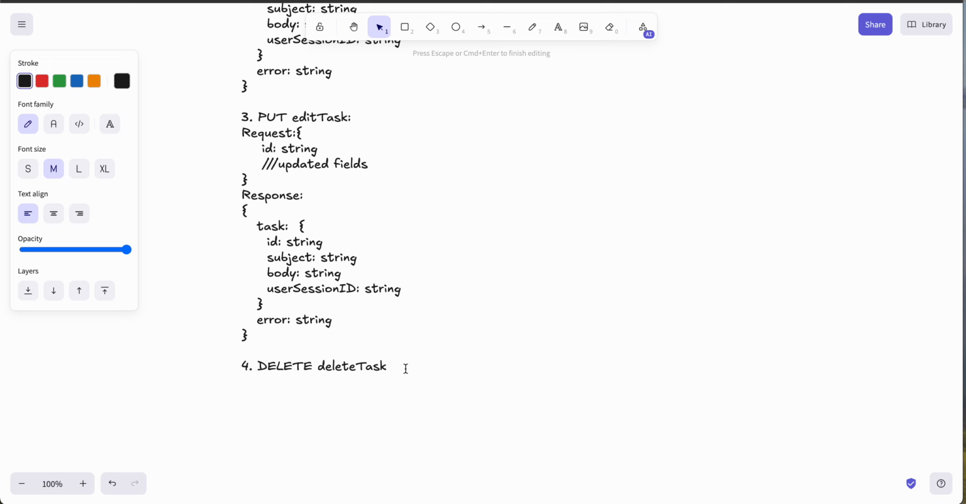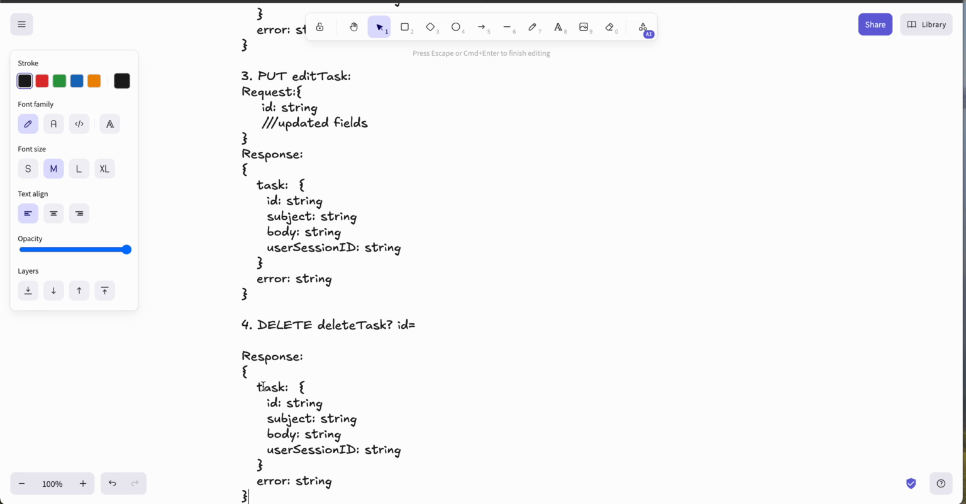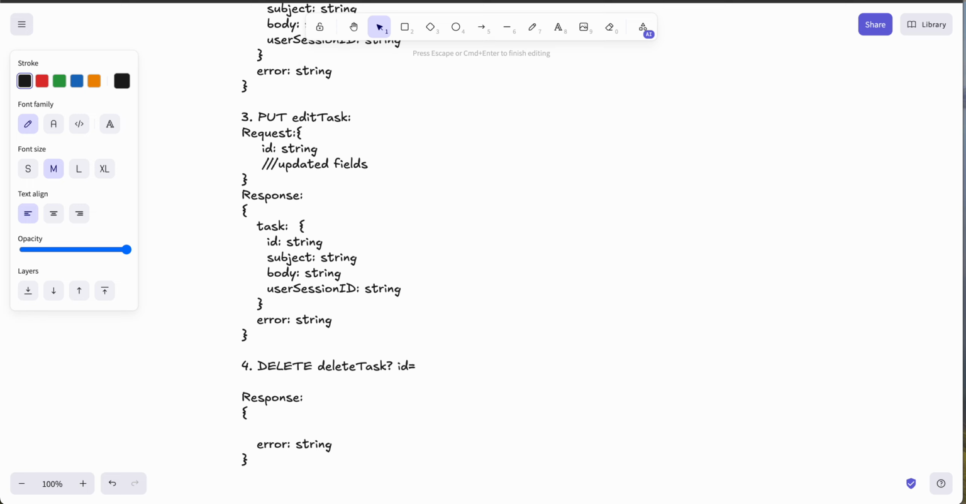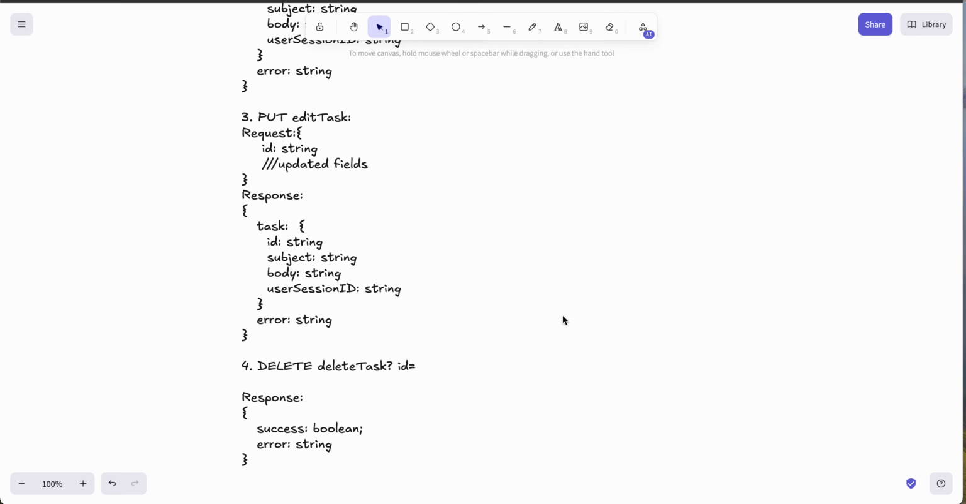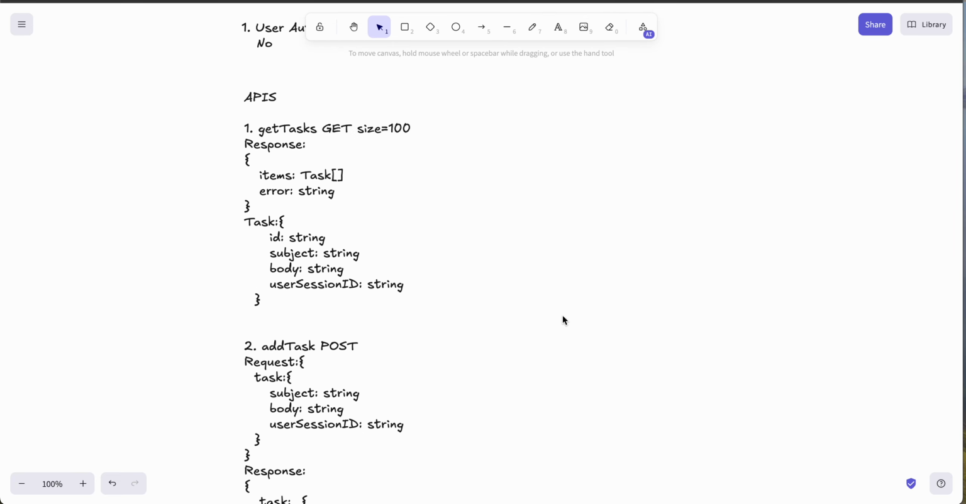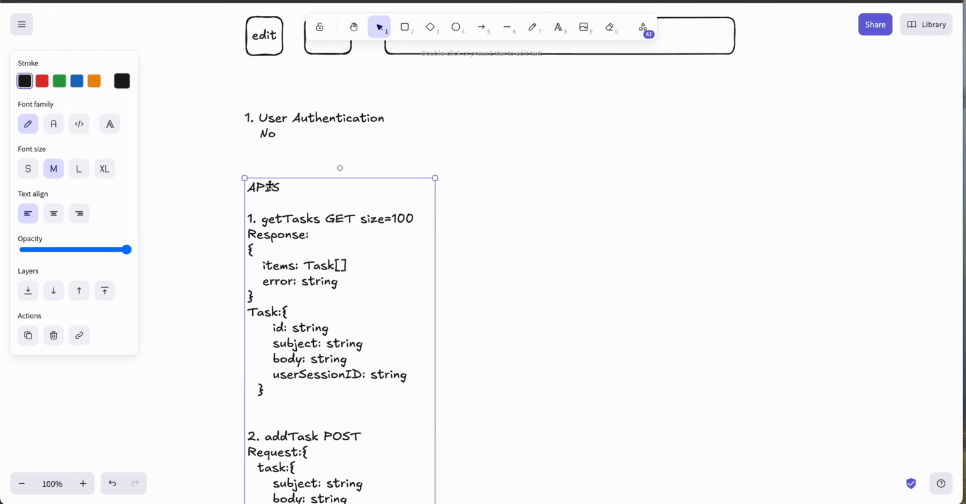Okay, so delete task will just have ID, will pass ID, and it will have response of just success boolean, and error just in case. Delete task. So what is also important to mention here, that our APIs that we define here as